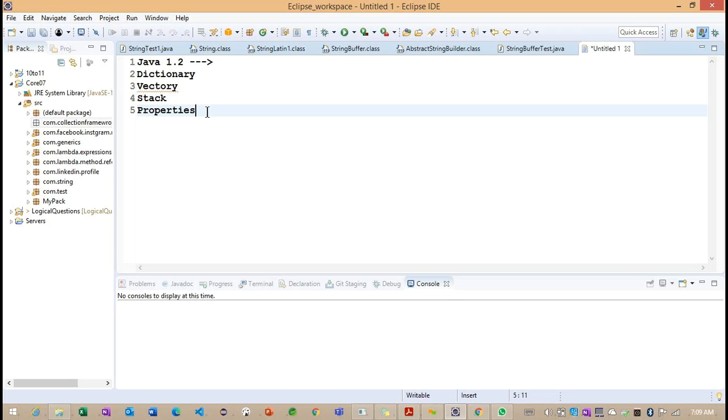We need to understand this behavior, and the collection framework is also built on some interfaces.